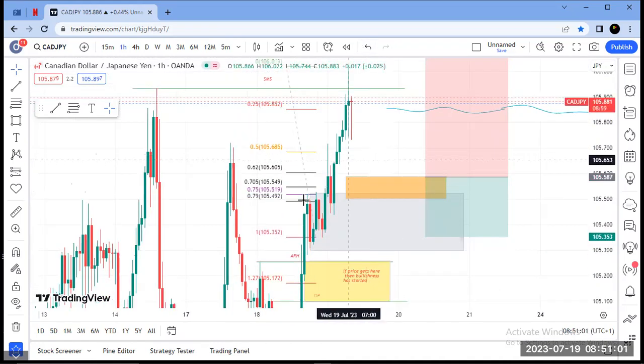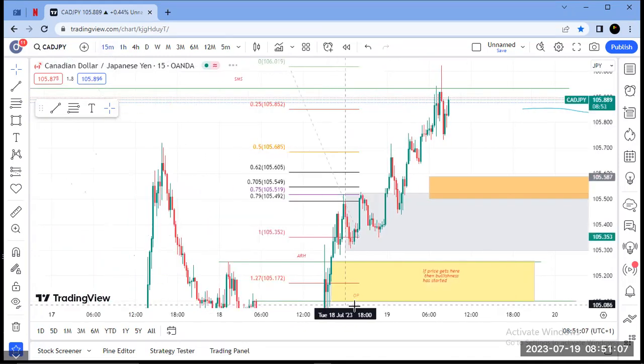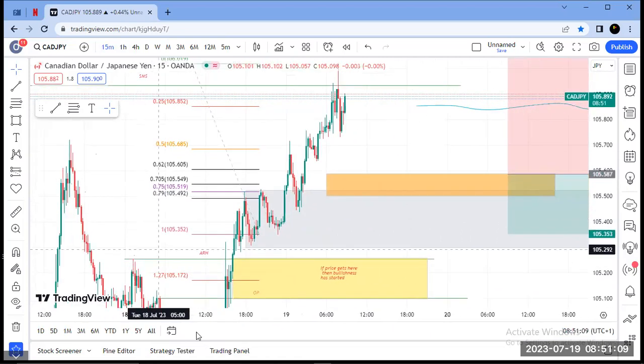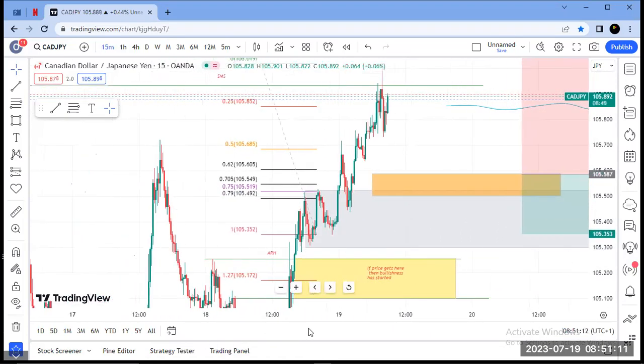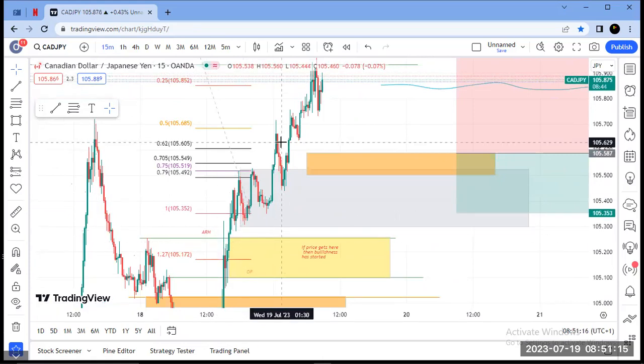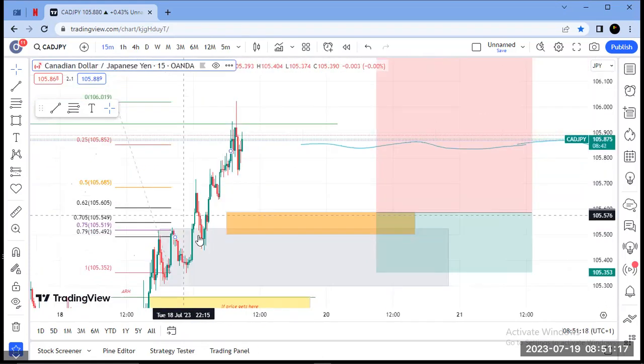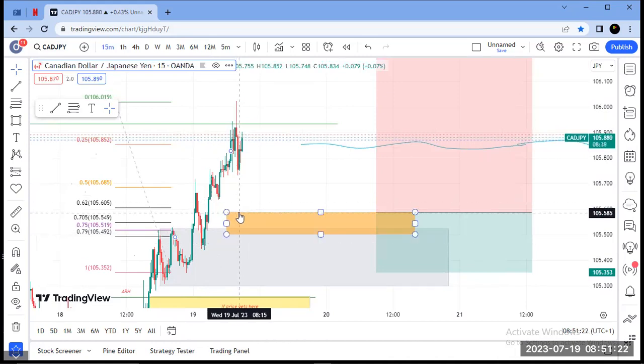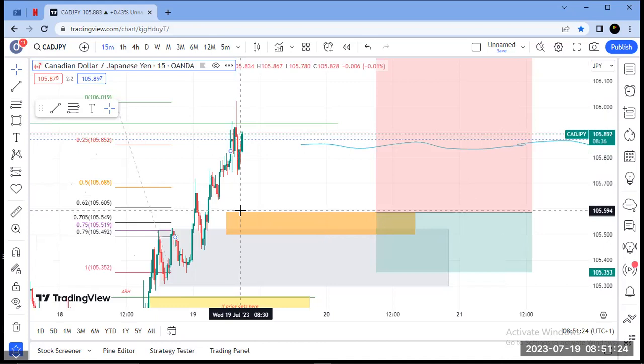The reason why I use this range is because this candle made the institutional price swing point on this level. So that's what I'm looking out for now. So you can look to enter this when the market gets to this point on the CAD JPY. So